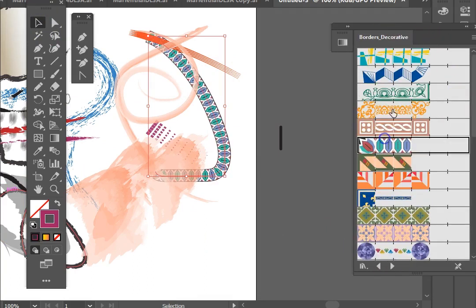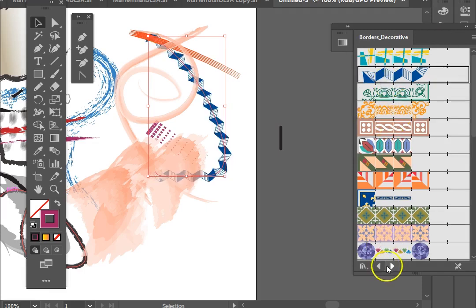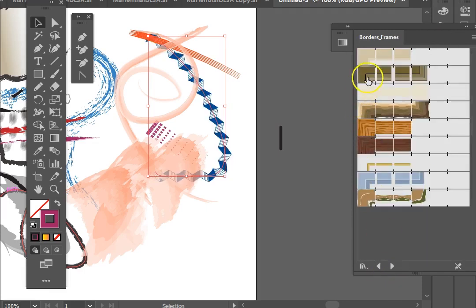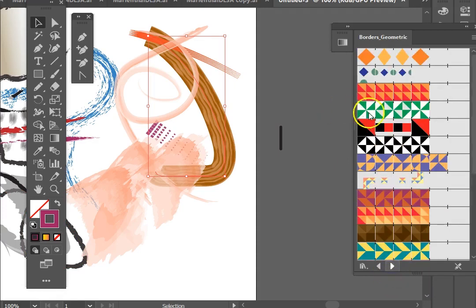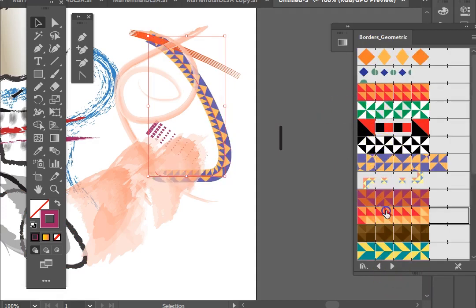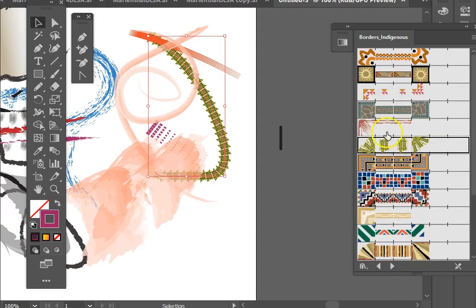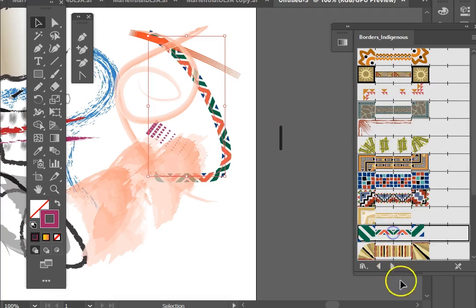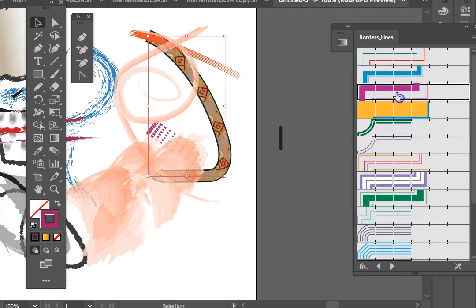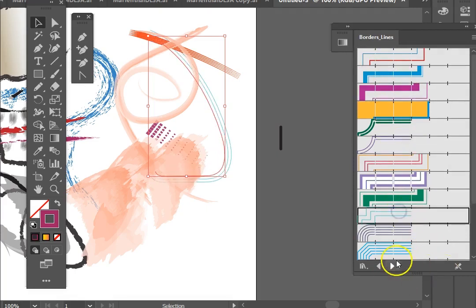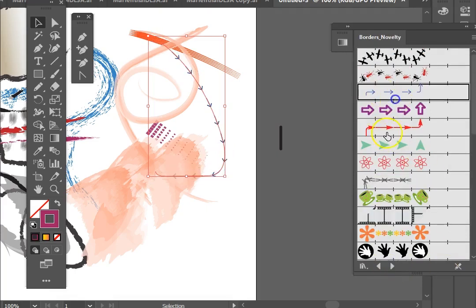Decorative borders, frames. Some of these frames use pictorial elements that might unnecessarily increase the file size. Geometric borders, indigenous borders, and there's a variety of those. Line borders, novelty borders,